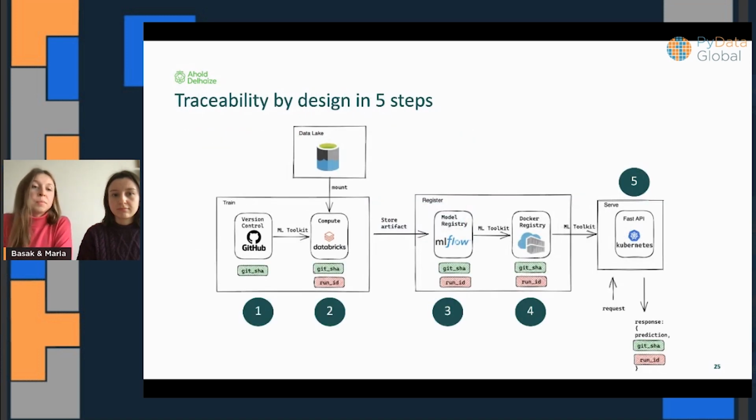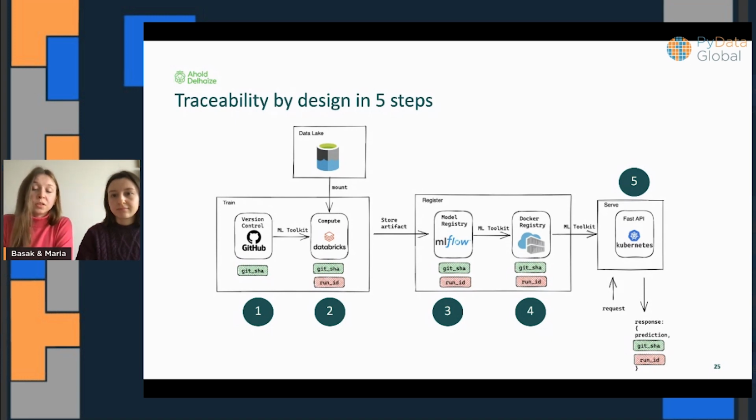So to come back to our solution for traceability, there are these 5 steps that go from version control in GitHub to compute in Databricks. Then we store the artifact in the model registry. When we have this available, we embed it into the Docker image and store it in the Docker registry, and then we deploy it on Kubernetes.